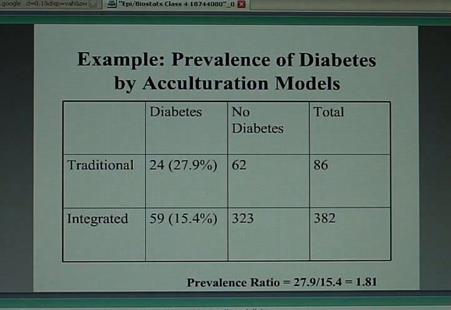So we observe a crude risk ratio of 1.8. The prevalence among the traditional group is